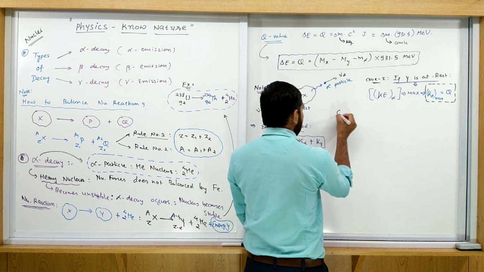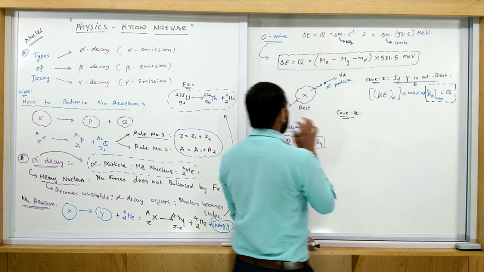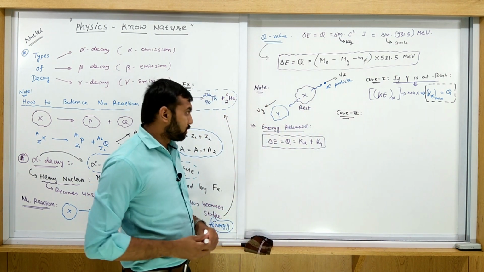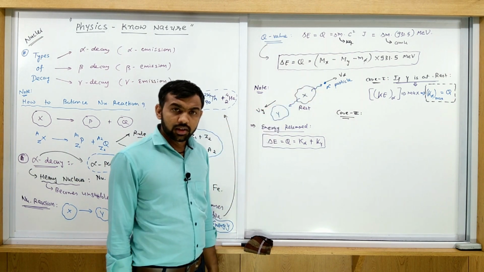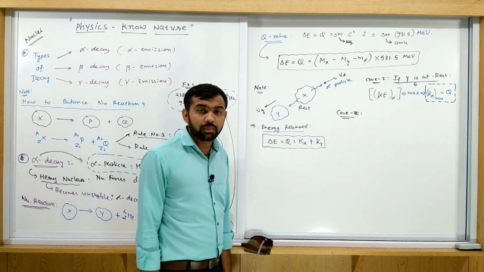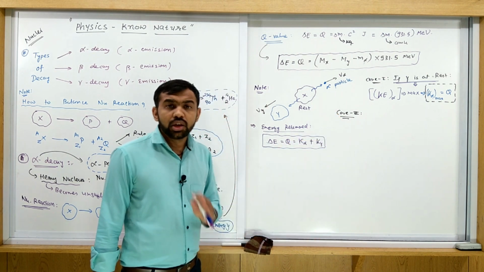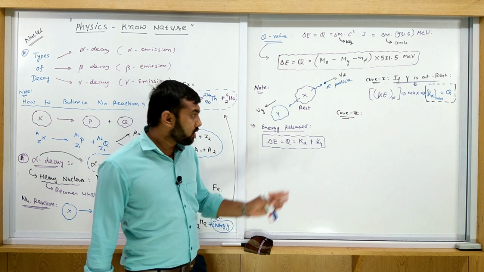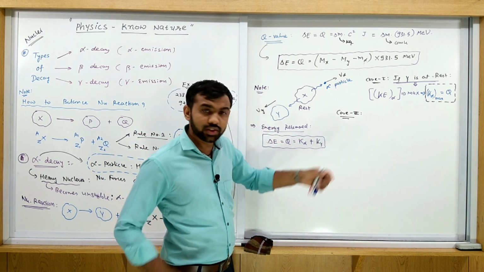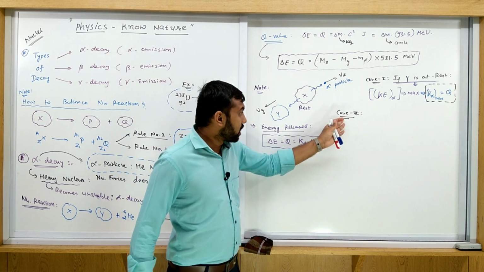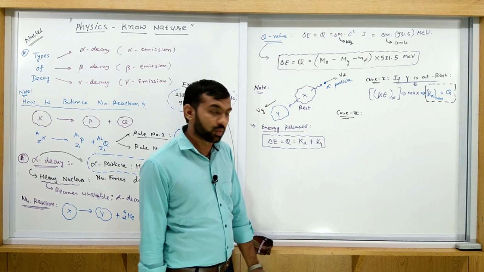Now consider the second case. Case 2: if it is not at rest, if Y is also moving with the alpha particle, then what is the kinetic energy of the alpha particle? That is the second equation. And this second equation we remember directly, as it is used in MCQs. We do not derive this relation whenever this question is asked to us. We use this equation directly. So for the final analysis of this second case, you must remember this equation.